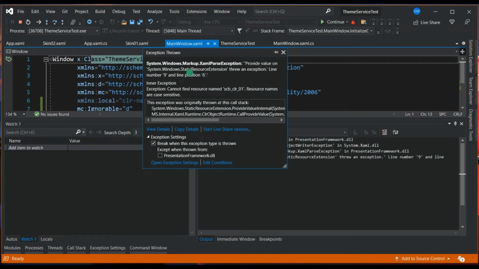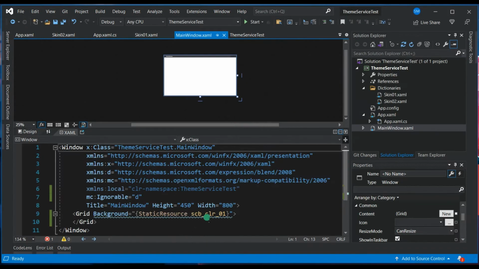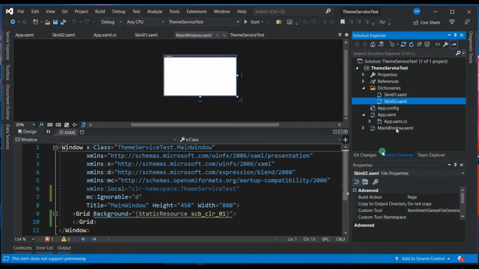Okay, so this is line 9 position, cannot find the resource. This is an expected error because we know that we made a mistake here, but the previous one, provide a value, that is because of the older version, and that is fixed, and now we are only discussing this one. So the reason is that even though skin 1 and 2 are present in the DLL, they are not loaded into the application's resource dictionary. So basically it's not initiated as the